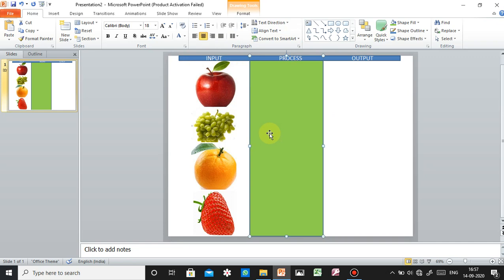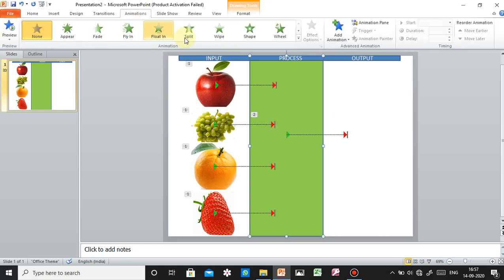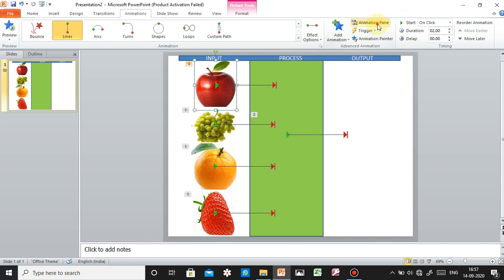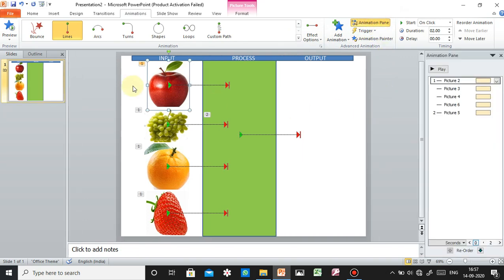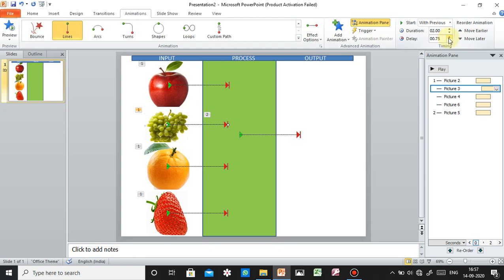Okay, now we want to show the animation on the other sides of these things, means fruits पर कैसे animation fit करना है. Now first of all we go to the animation pane. We can see the animation on all of them. First is selecting this animation. Second, if we want to delay some time like 50 seconds, 50, and here again 50 plus means 100, 1 second, and here again some delay, it will take 150.